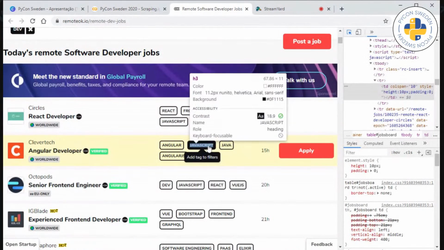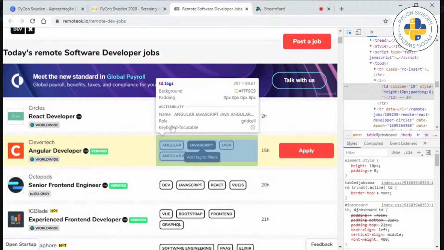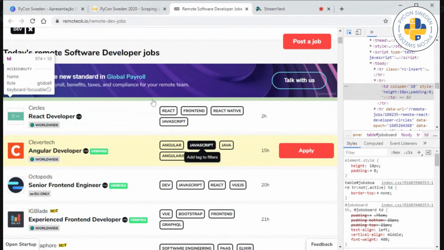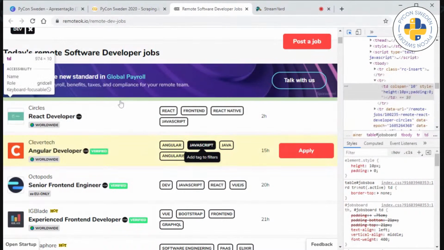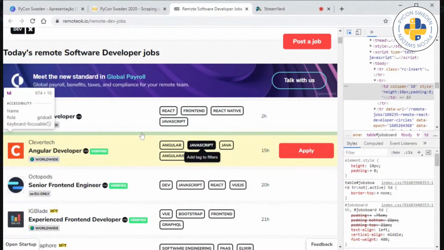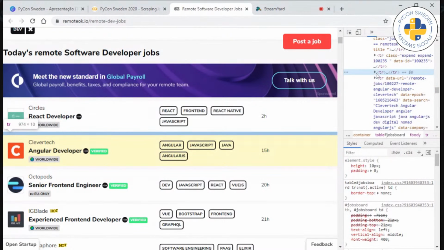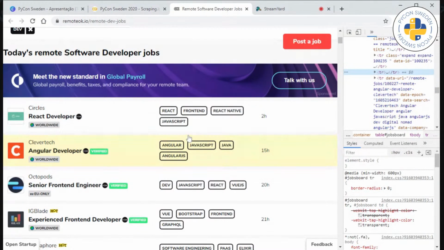We are going to have to filter better because there are rows that have other types of content. For example, this is also a row inside of a row, and it's not a job post.